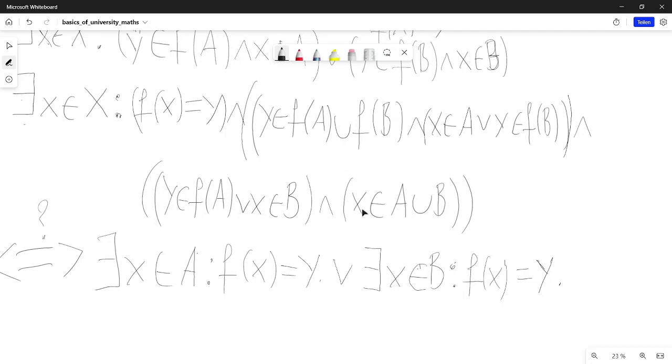And since that is true, that is connected via ends, right? So generally, necessarily, since that is true, there exists an x element A such that x is element A union B and simultaneously f of x is equal to y. Okay, now let's